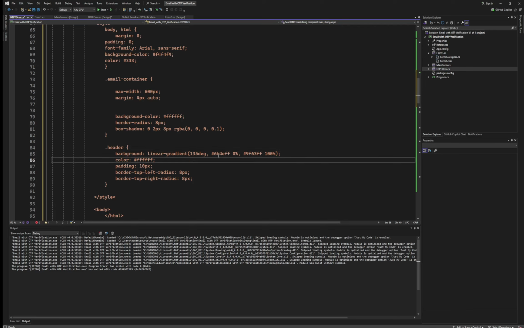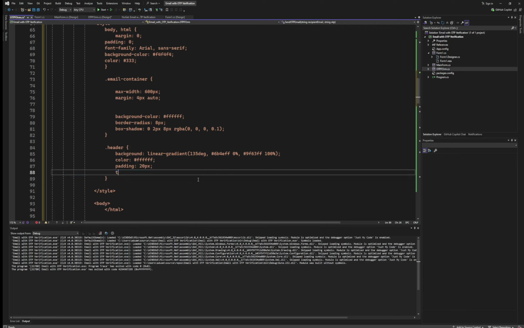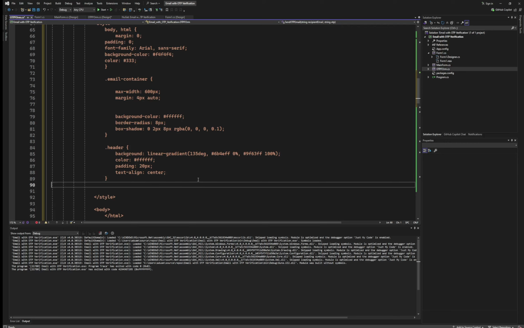So after this, we have the color, and then we have a padding. Let's just set the padding to 20. That is fine. And we'll just add a text align, right? So we just say text align. We align it to the center. Now the next thing we're probably going to do is we will just add